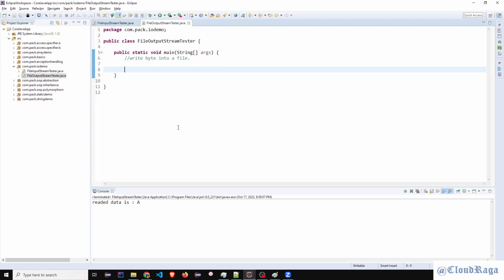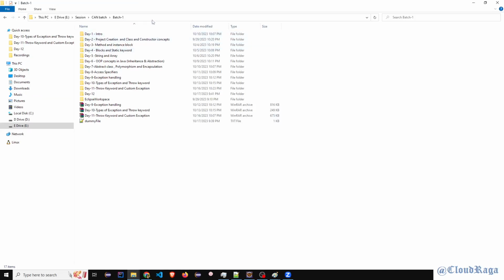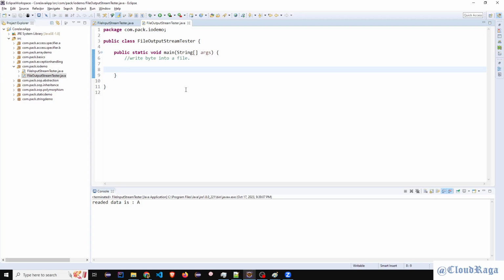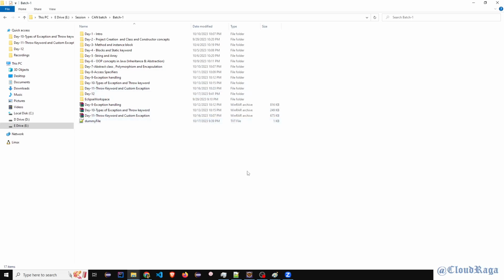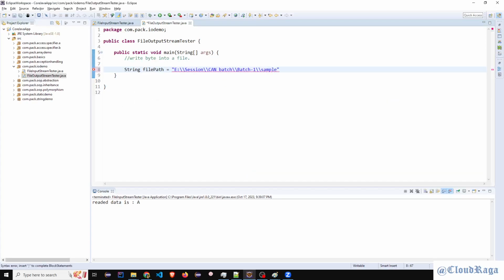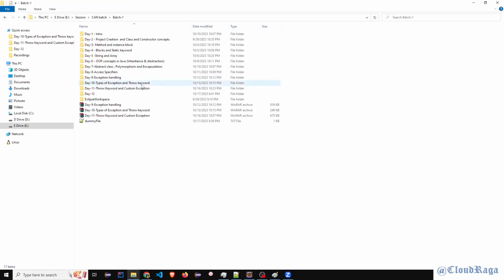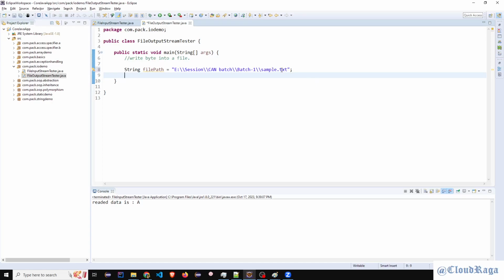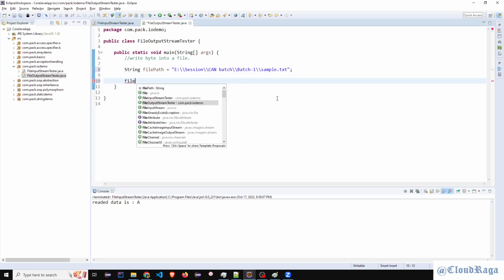First of all, you need to give a path where you want to write a file, right? I'll take the same location this time, but we don't need to give the file name. We can give it actually. So I'll say String filePath, and output slash, let's say sample.txt. I'm going to create a new file, sample.txt. That's my file name. It's not here, guys. Have you noticed the file sample.txt is not present in this location? The good thing is, when you use the file output stream class, it will create that file on the fly.